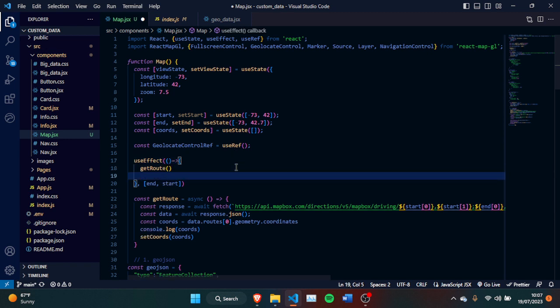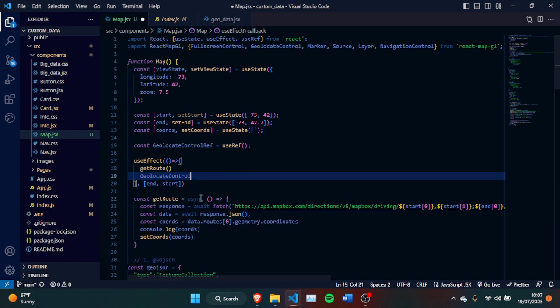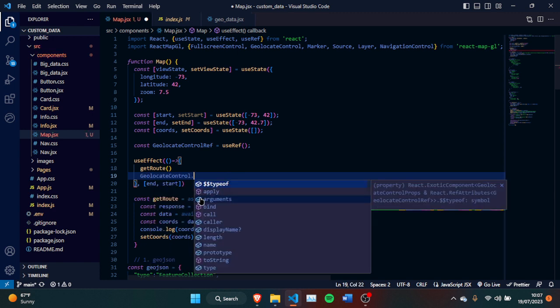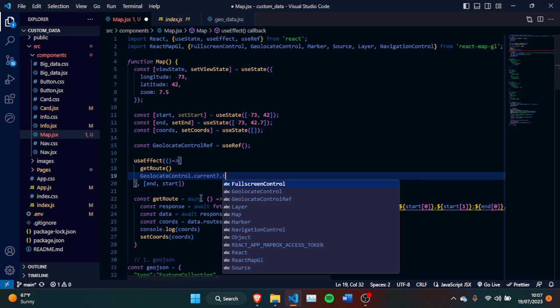So I'm going to pass it in the useEffect. I'm going to go into my geolocate control ref, and I can go .current, and I can check whether it's loaded, and then I can get the trigger